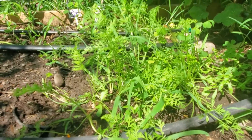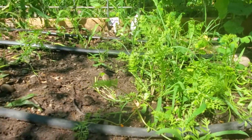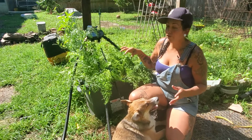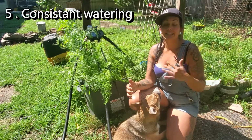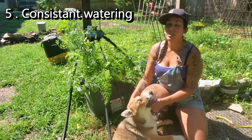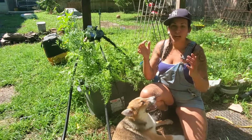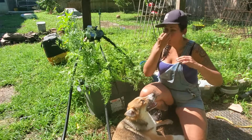The weeds, forget it, or I'll get better at sowing my carrots. Tip or problem number 5 would be consistent watering. Your carrot plants need consistent amounts of water. Carrot plants love consistent watering. Man, you gotta water them all the time, or at the same schedule, same time, whatever it is, but you